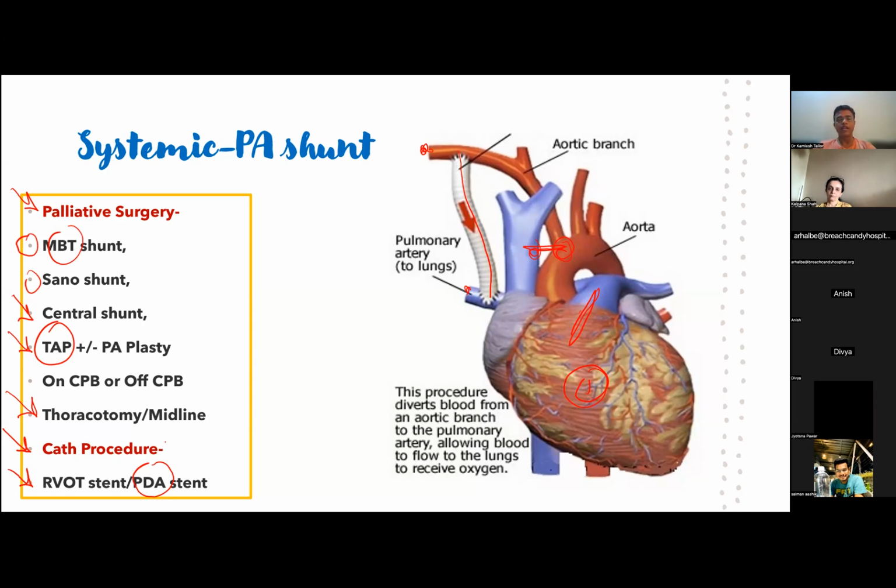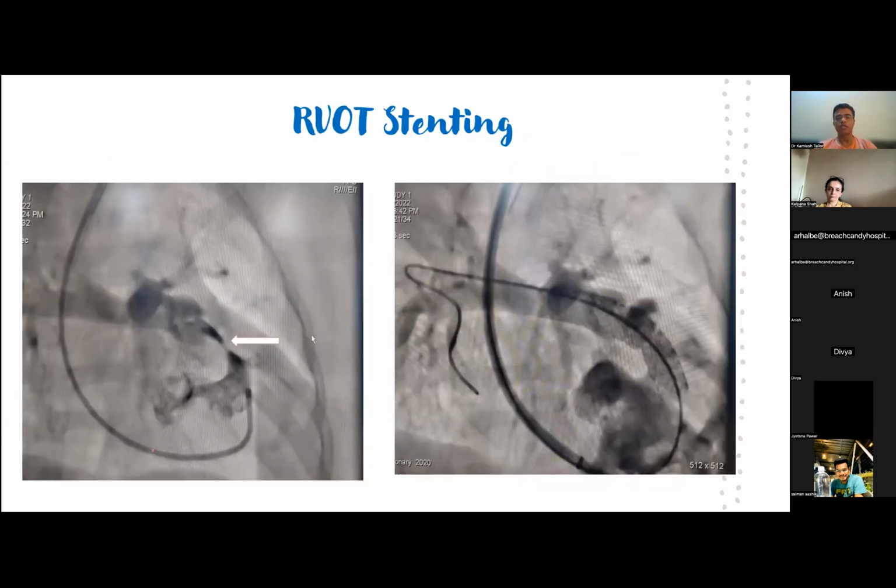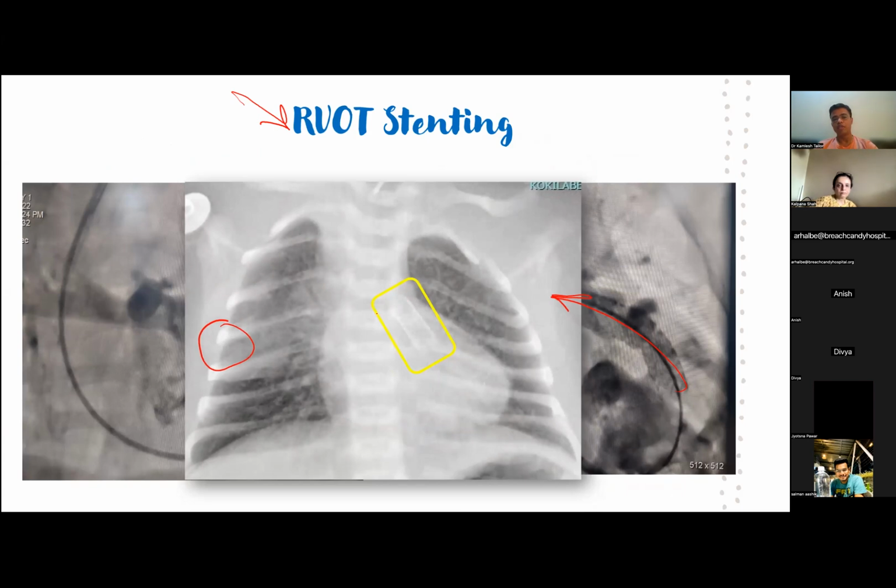If there is a very tight RVOT obstruction, or tetralogy with pulmonary atresia with a duct dependent circulation, they will perform PDA stenting. So this is one of the cases where we have performed RVOT stent in tetralogy. This is a severe RVOT obstruction, hardly any blood flowing from the RVOT. They put a balloon, dilate it, and then they put an RVOT stent. So the RVOT stent will be in this direction